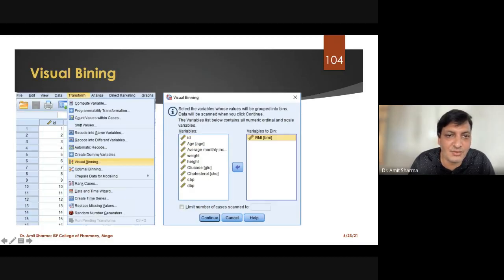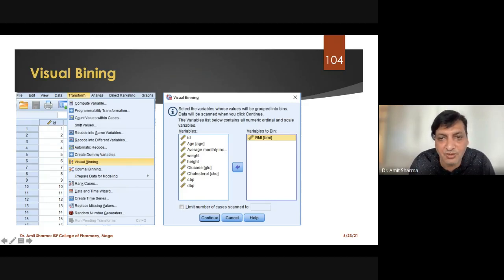For that you have to go to Transform and go to the option called Visual Binning. Transform is the command for visual binning, and this is the visual binning window. Here you can see you are going to get only numeric variables.